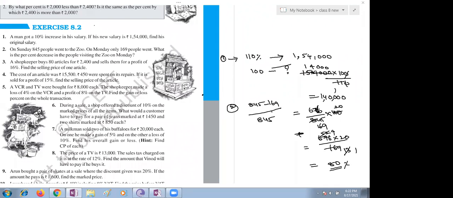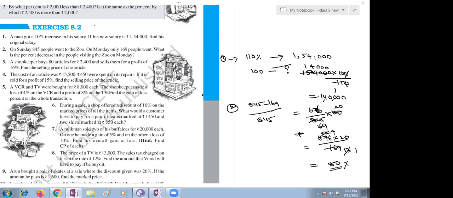Why? Because we can use 8 and the unitary method. 8 multiple is 24, right? So what is a single article cost? 30 rupees. 16% of 30 rupees, how much? 34.80, ma'am. 30 plus the profit, which is 16%, is 34.80. Will you get the same answer?